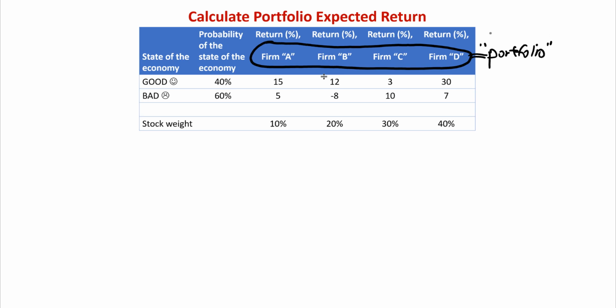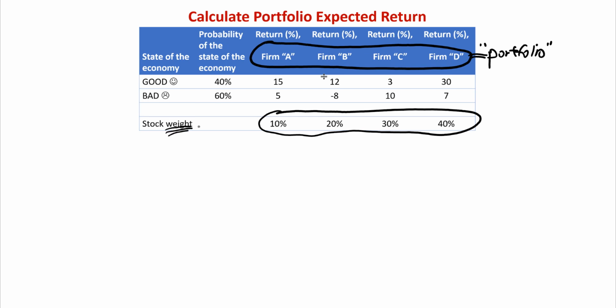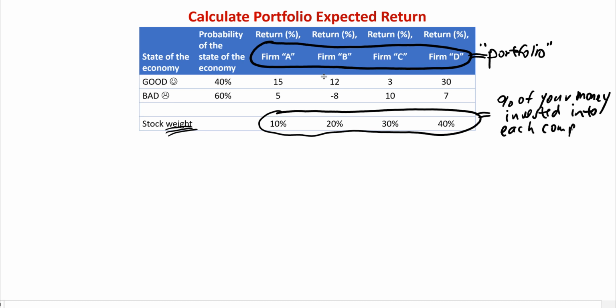How much are we investing into each company stock? It's what we call stock weights. So this is the percentage of your money invested into each company's stock shares, right? So it's just a percentage of your money. That's really all that the word weight means. Okay,